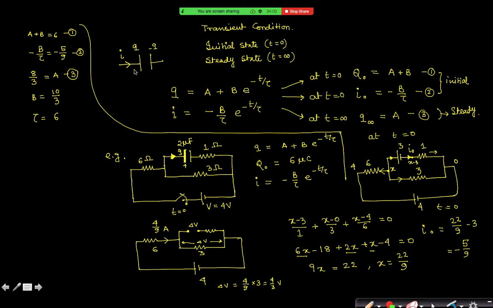If you take purposefully current in opposite direction, then you have to put current to be minus dq by dt. There is no other option for that. And why do we always do this? Because while I have assumed this plate positive, I am assuming that charge is increasing with time. Then only I can write current equal to dq dt. If charge is decreasing with time, then I have to write I equal to minus dq by dt. And in that case, you are assuming that current is flowing out of the plate, carrying away the charge from the plate.